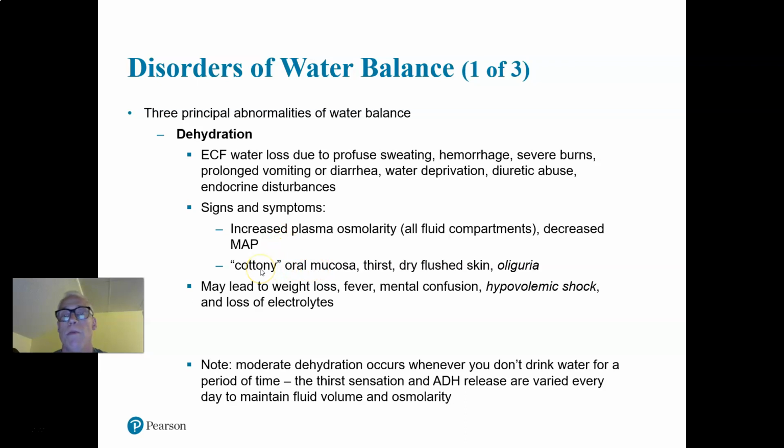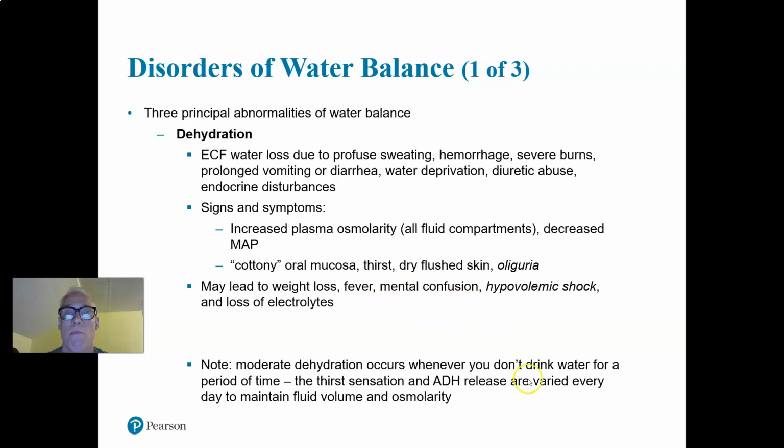So the symptoms we may discover are, of course, low blood pressure, but also cottony, quote-unquote, oral mucosa, kind of puffy oral mucosa, extreme thirst, dry, flushed skin, and oliguria. In other words, a very, very low urine production, abnormally low urine production, right? Because now we're massively trying to retain as much water as possible in the body, very high levels of ADH,